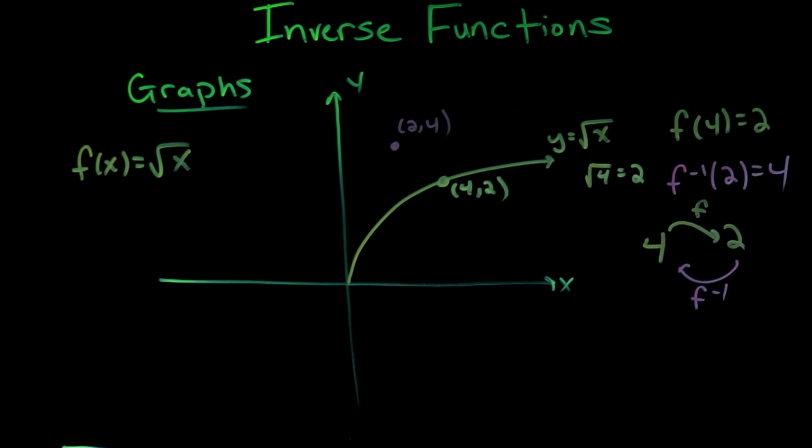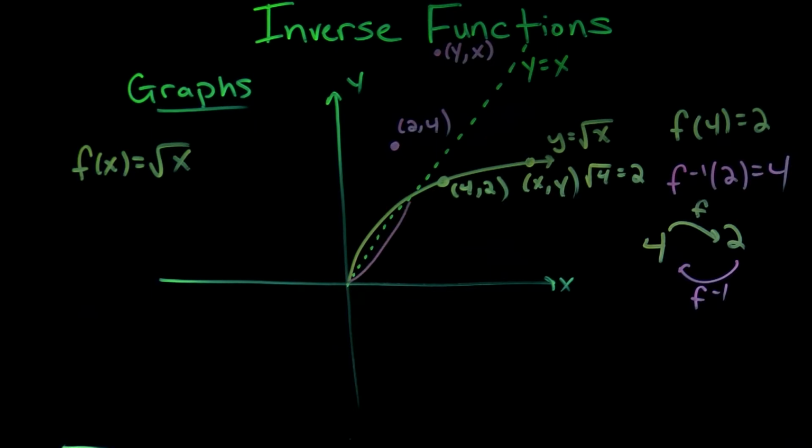Okay, more generally, if the point (x, y) is on the graph of f(x), the point (y, x), so the point we get by flipping the coordinates, has to be on the graph of the inverse. Okay, and it turns out that if we take the graph of a function and we reflect it across the line y equals x,